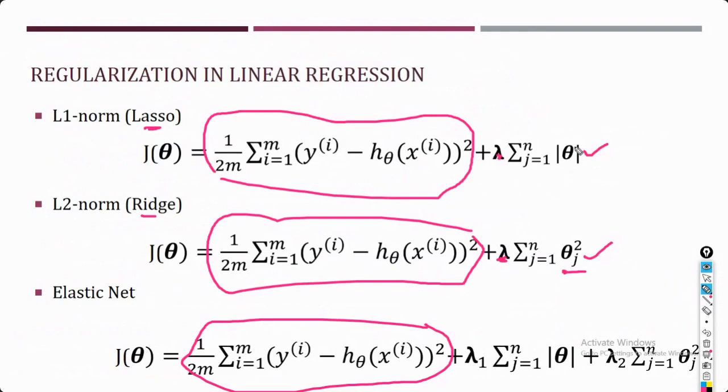Suppose you're having 10 features, and out of those 10 features, for some of the features the value of theta is zero. So what is going to happen? From those 10 features we will have, suppose, 5 or 6 features, because for the rest of the features the value of theta was zero. So that's why these features were eliminated, and we will have only seven features. So this lasso is also used for your regression.